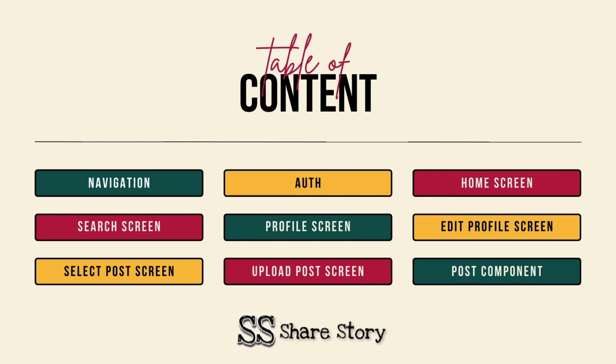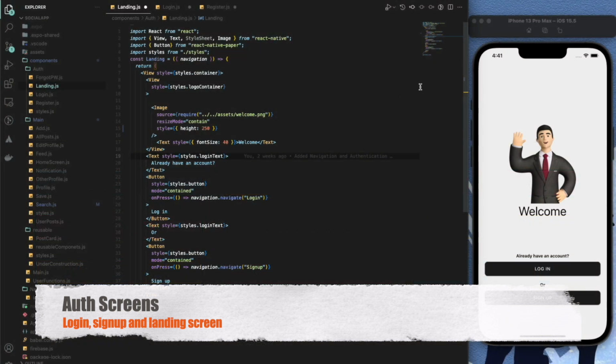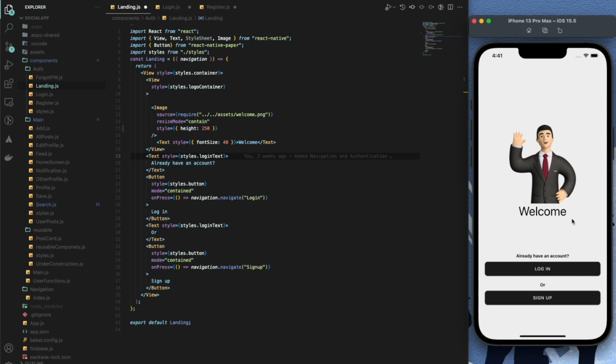There are many different screens in the application, but because of the time limit I will be talking about these particular screens only. Explaining about the landing screen, which is this particular welcome screen which we can see on the simulator. Here I have two buttons named login and sign up. On clicking login, it will just redirect us to the login screen, and on sign up it will redirect us